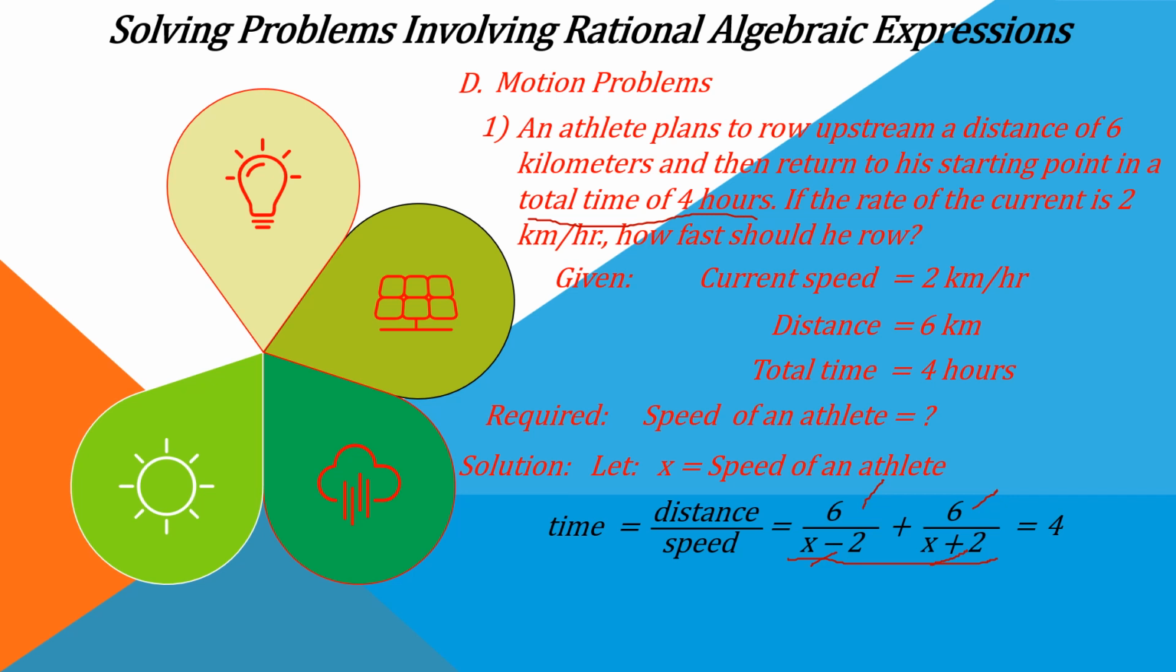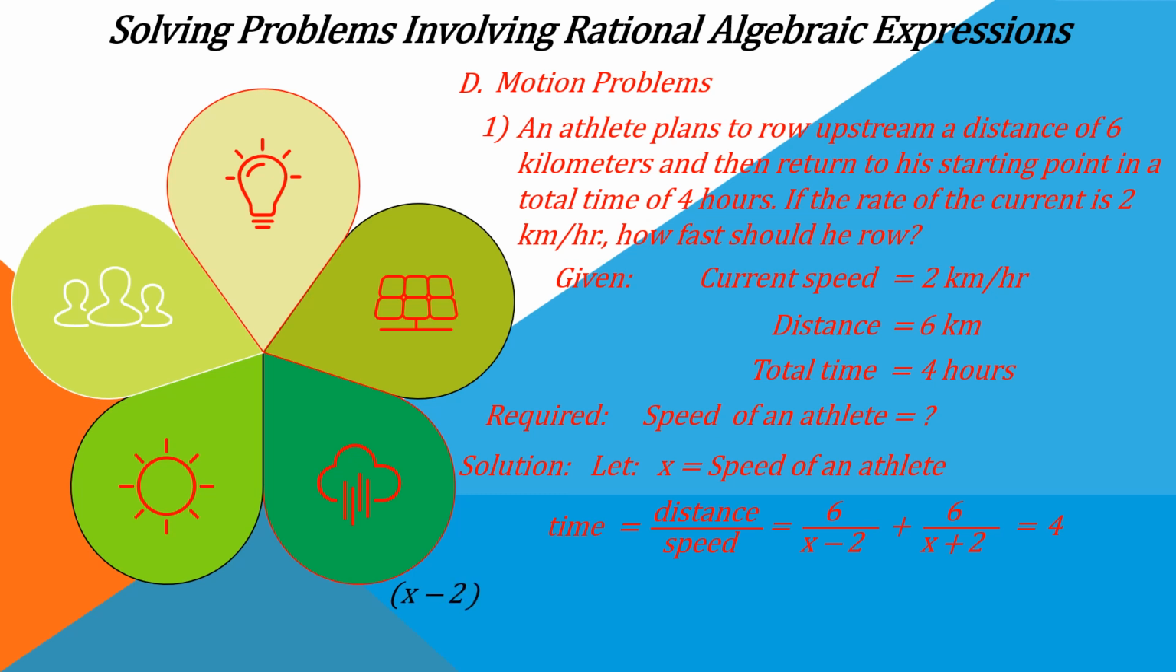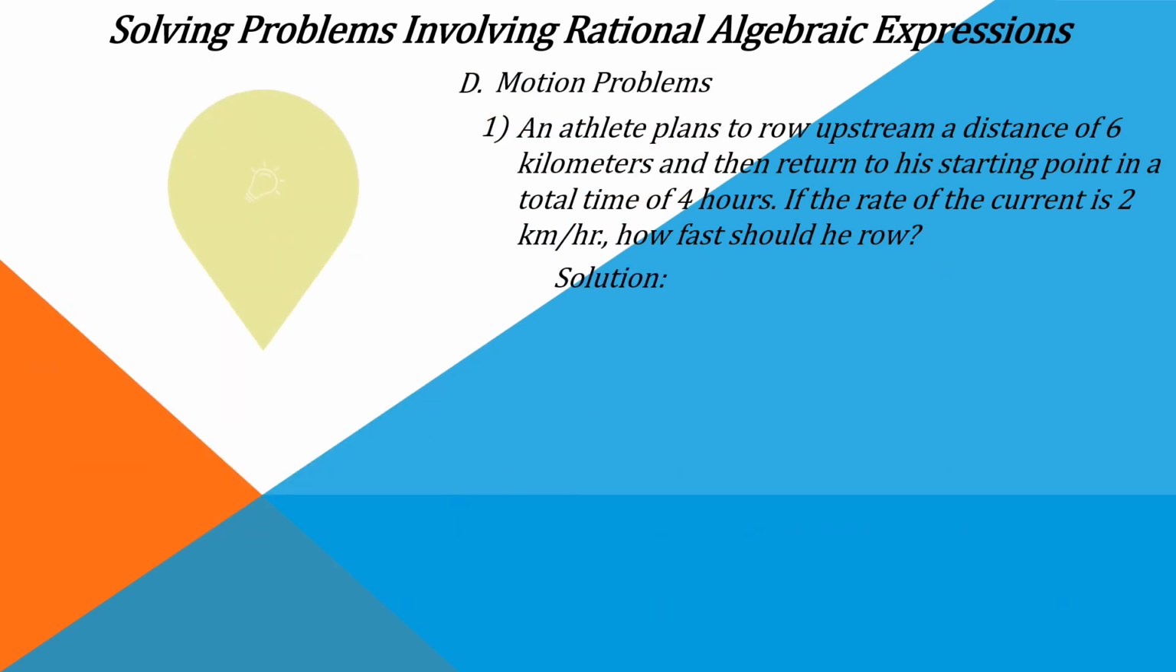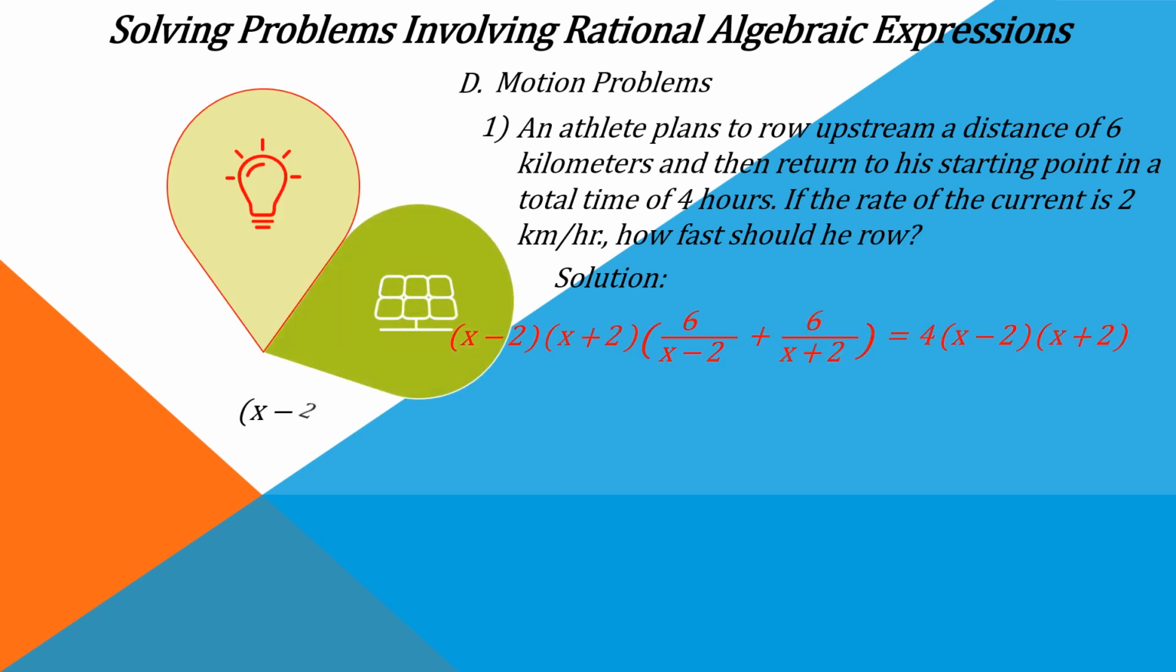Now, let us find the LCD. And the LCD, or the least common denominator of this situation, is x minus 2 multiplied by x plus 2. Multiplied by 6 over x minus 2 plus 6 over x plus 2 is equal to 4 multiplied by x minus 2 multiplied by x plus 2. Simplifying the equation, let us rewrite first the equation: x minus 2 multiplied by x plus 2 multiplied by 6 over x minus 2 plus 6 over x plus 2 is equal to 4 multiplied by x minus 2 multiplied by x plus 2. Simplifying the equations, distribute the least common denominator to the terms inside of this bracket,